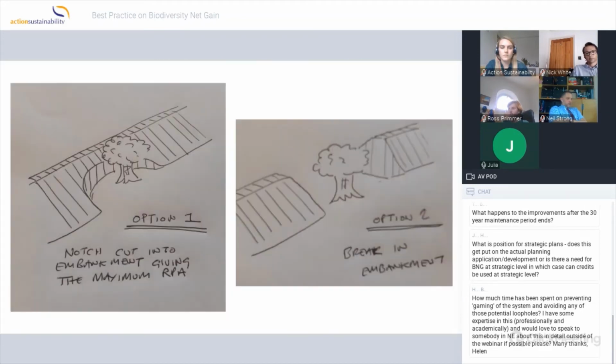And just to run through a couple of examples, so this was a couple of embankments that had already been designed, and it was a landscape bund, and our arboriculturist looked at that, and it was a particularly special tree that we were like, no, come on, we've got to be able to do something there. So he just drew them out, just to start the conversation, just to have something on the table to go through.